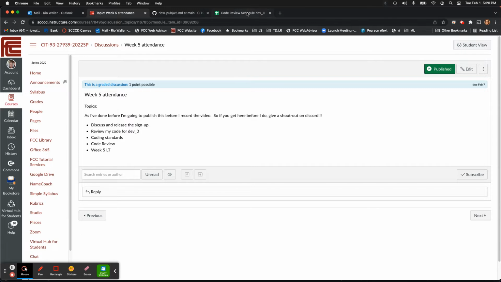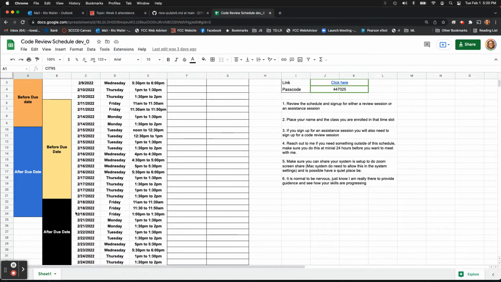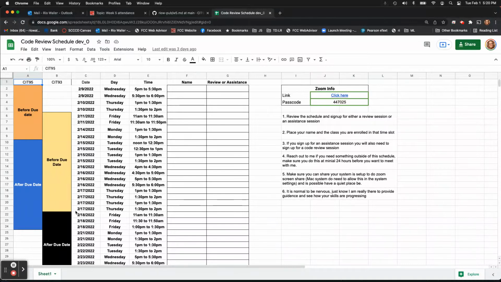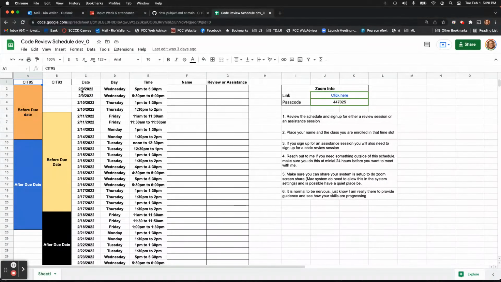Oh, I should have gotten rid of that. One of my challenges this semester is that I'm teaching 2 programming languages, context switching my brain. I know it's good for me. So I'm teaching Python and JavaScript. When you're looking at this list, this is broken down by day, and this starts on February 9th.